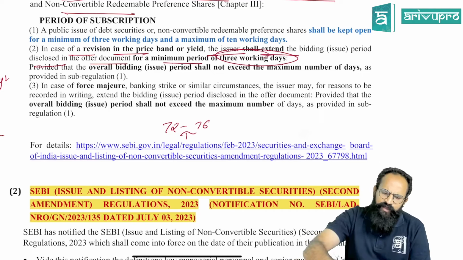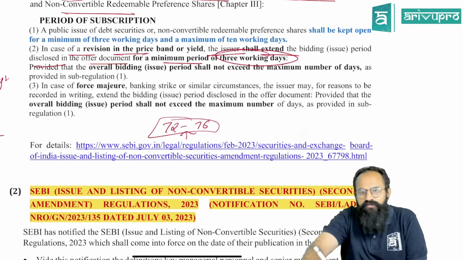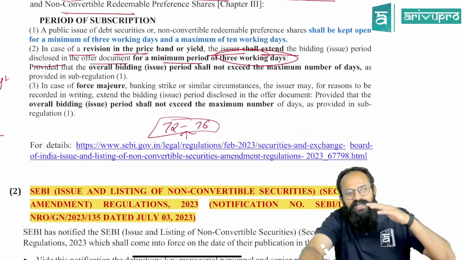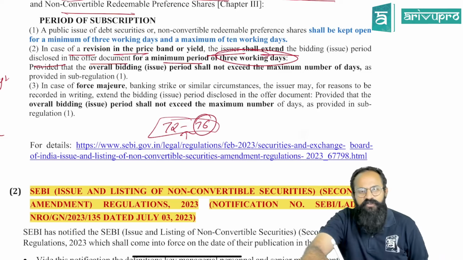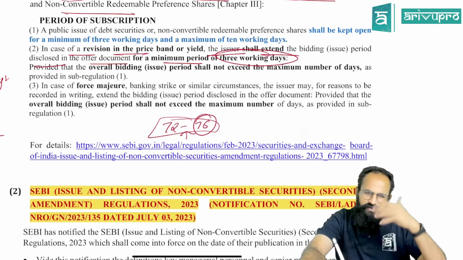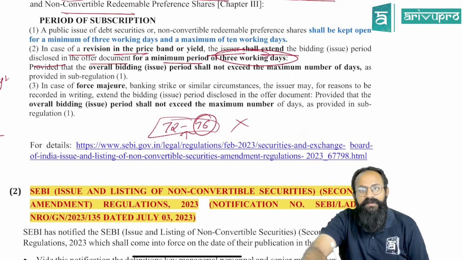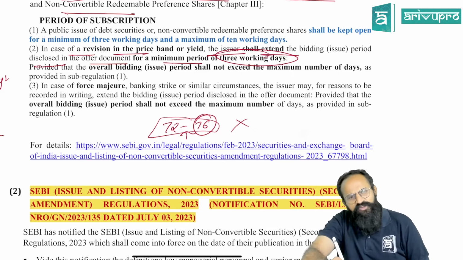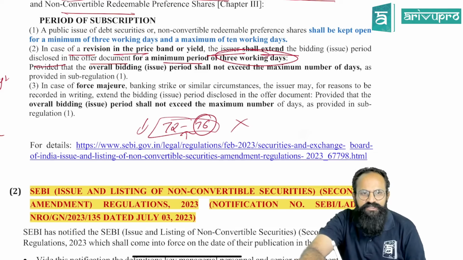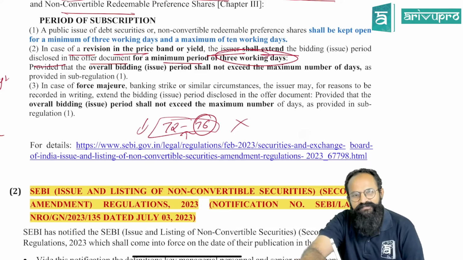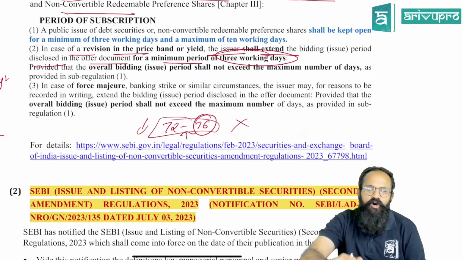You guys can be thinking, why would someone change this, sir? Why would someone do this? First of all, think whether it will be increased or decreased. People, if you already got it for 76 rupees, you don't have a problem. You'll definitely go for listing. But what if you're not getting applications at all, because people are thinking 72 or 76, both are expensive? In such case, what will happen? People will go for downward revisions. It may happen. Yes, sir. In that case, they are telling you, you can increase the offer period.